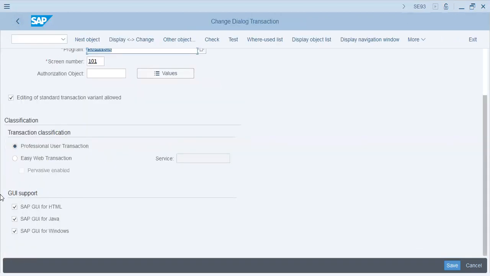So talking about the presentation layer, this transaction has support for HTML, Java, and Windows. You can run it on 3 platforms. I hope that is clear. Okay. Now,